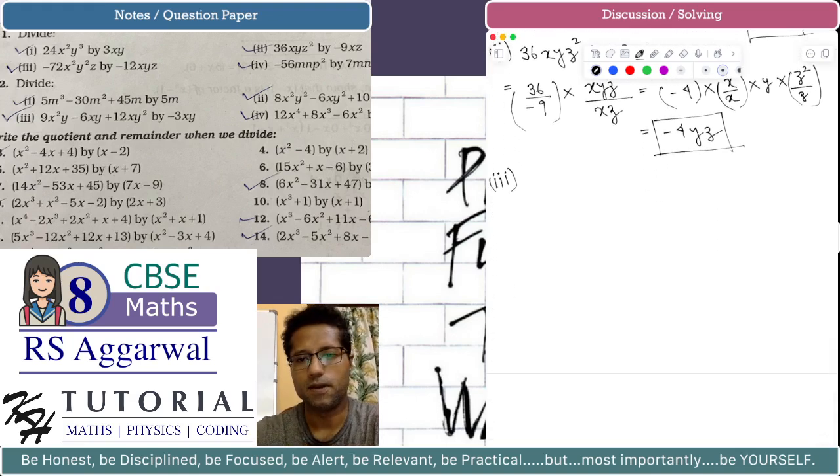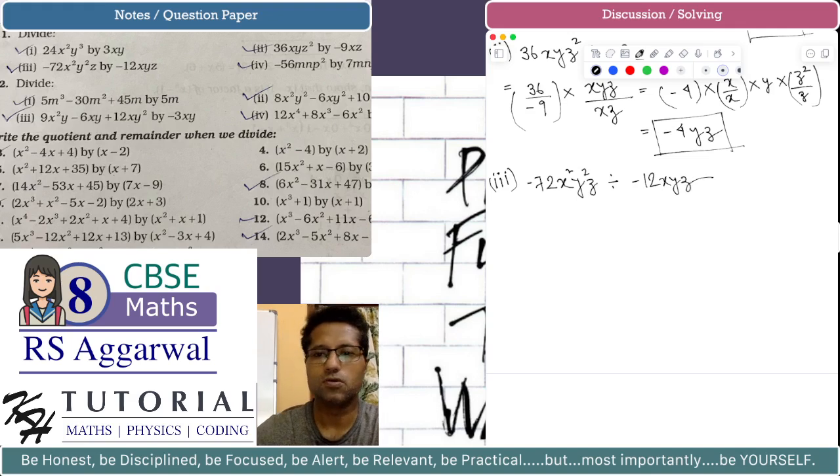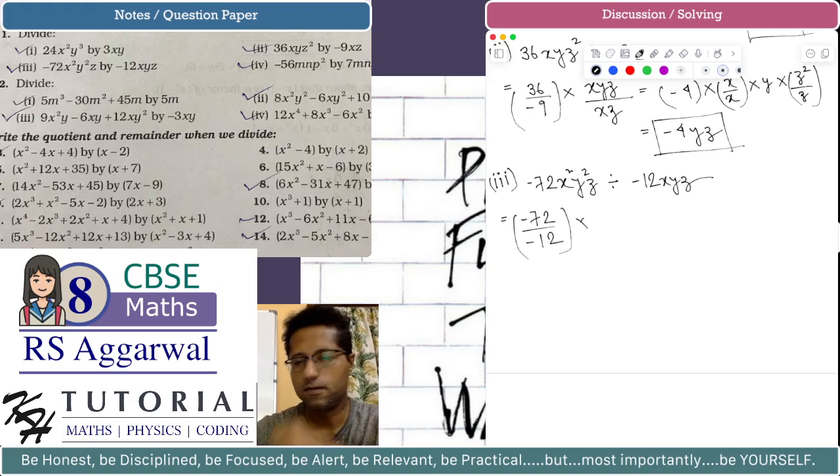Third is minus 72 x square y square z by minus 12 x y z. Okay, first we do the division of the coefficients, that is minus 72 divided by minus 12, and then we divide the two literal coefficients, that is x square y square z divided by x y z. If you simplify,